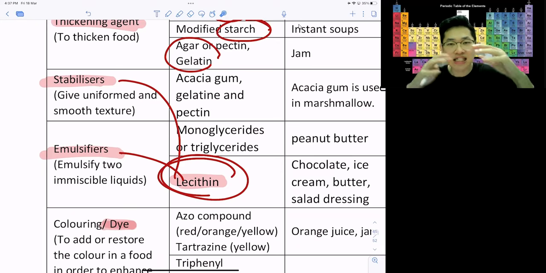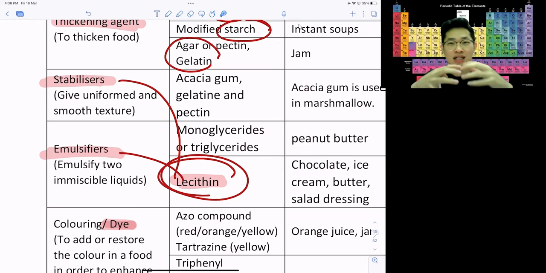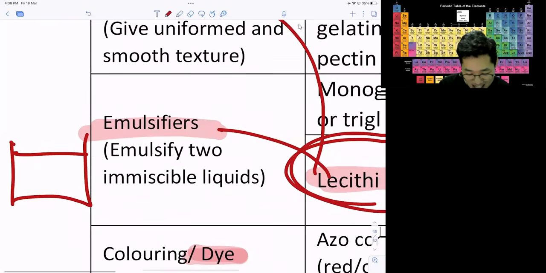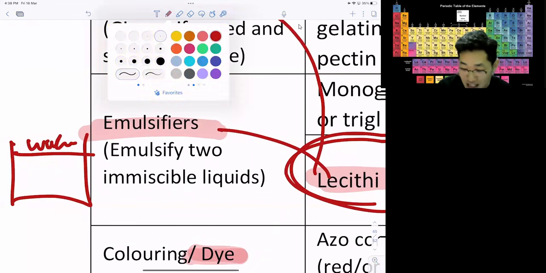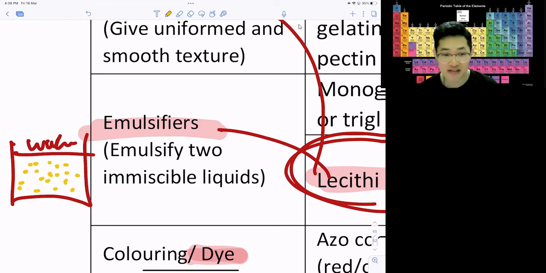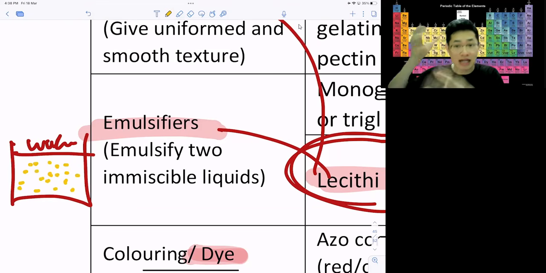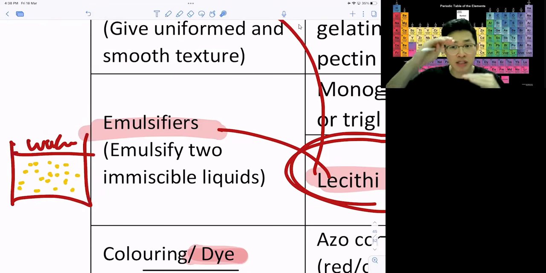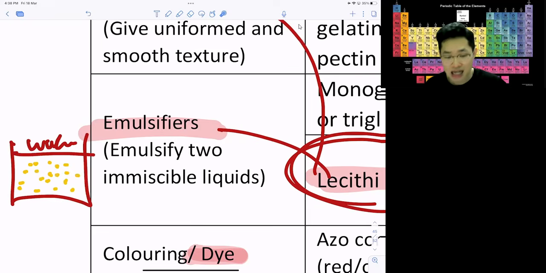We want things that cannot be mixed together to mix together. This is water, and then I want the oil to mix perfectly. I need emulsifier. Okay, it's like we shake the water bottle that contains oil. They will form oil droplets like this. But after a while, they will just separate into 2 layers. Then this time, we need